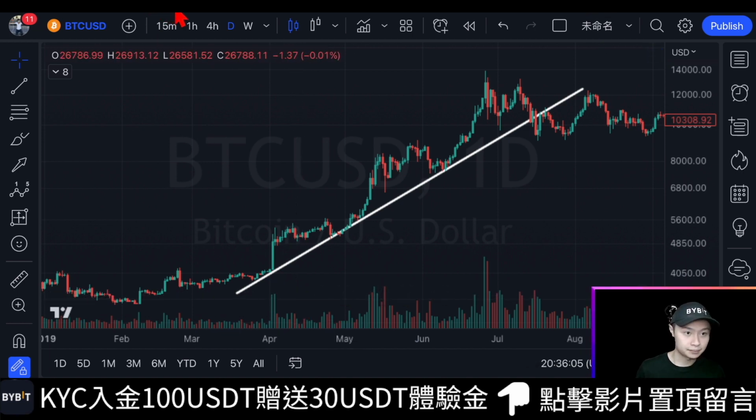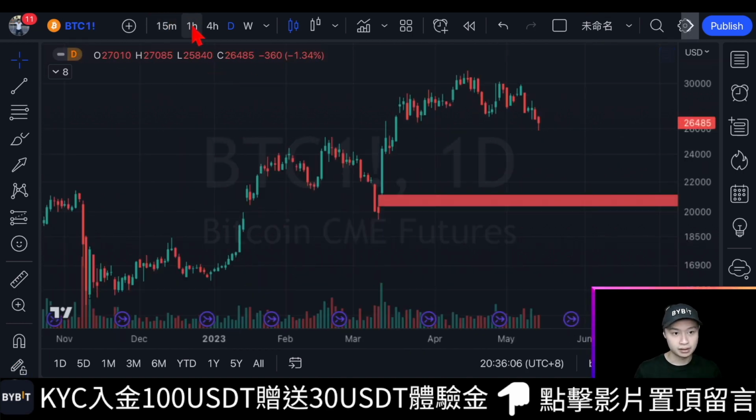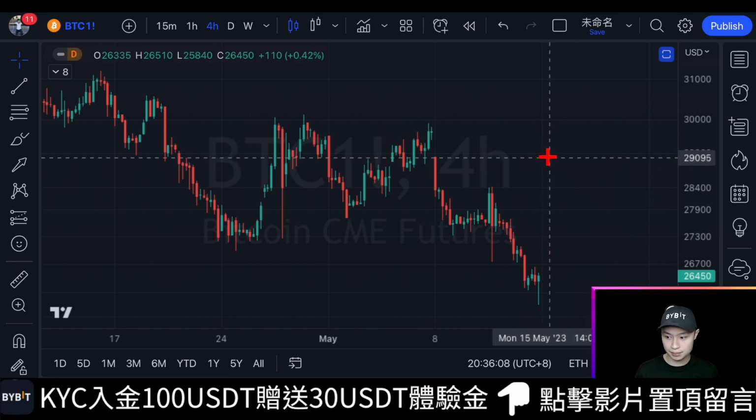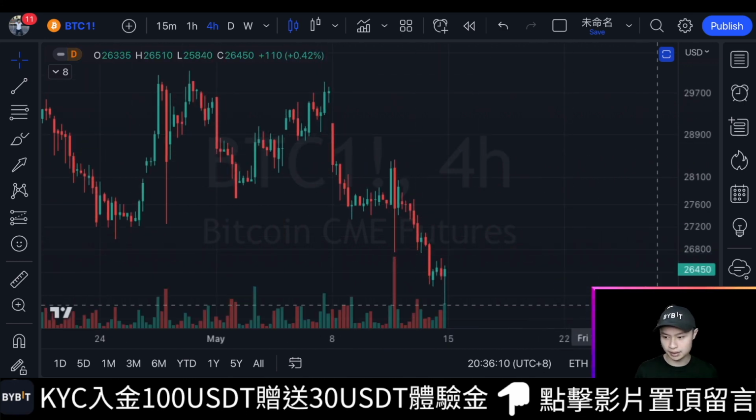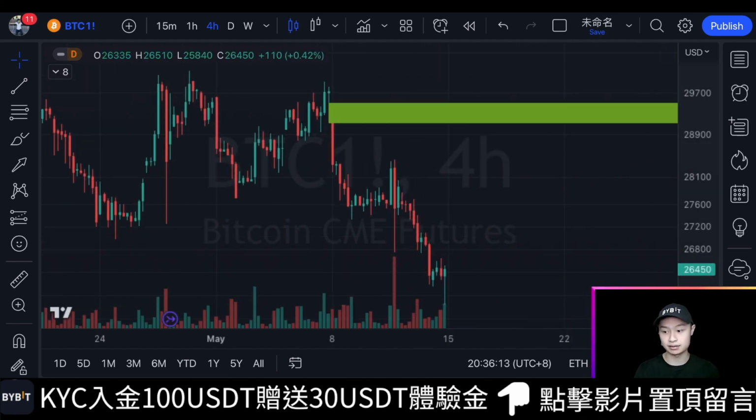Lastly, let's proceed to check on the situation of Bitcoin futures. As for CME futures, the current uptrend occurs during the weekend. Hence, the CME gap stays around $26,500. It's possible to return to this range. So, if you have gone long or bought spot positions, you ought to be careful, because the price will return to